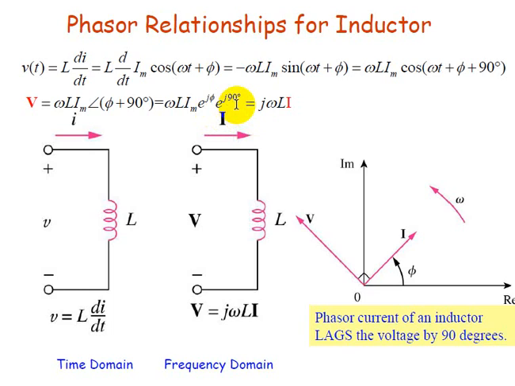Sine 90 is 1, therefore e to the power j 90 gives j, and e to the power j phi is actually the angle phi. So it has become omega L Im angle,